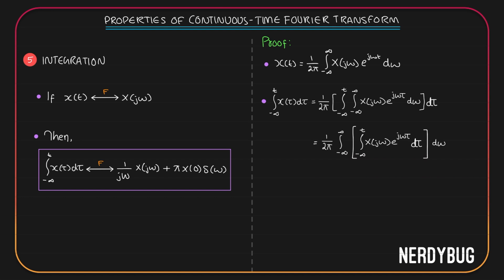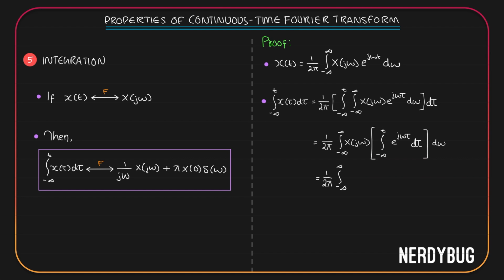Now over here we have integral from minus infinity to t x of j omega e raised to j omega tau d tau. The integration is based on the variable tau. X of j omega doesn't have anything to do with tau, so it is a constant with respect to that and we can take it out of the integration. Now all we have to do here is integral from minus infinity to t e raised to j omega tau d tau. So this becomes 1 by 2 pi